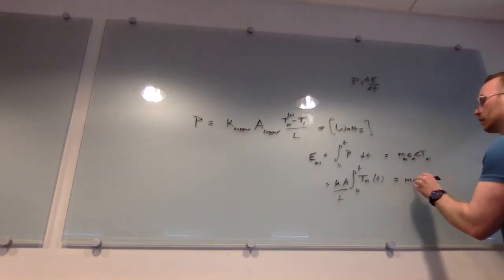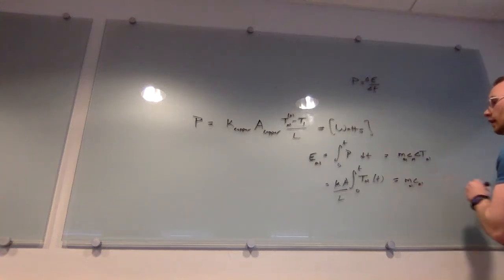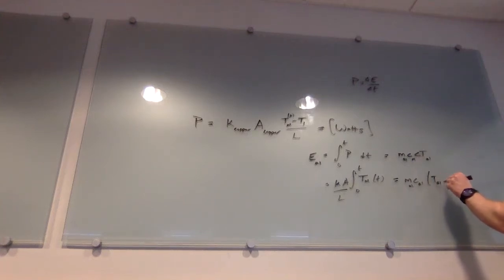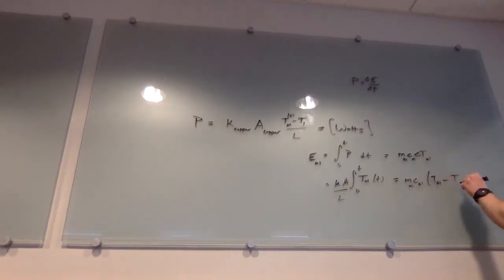Okay, Q equals MC delta T for the aluminum. And now delta T is going to be the cumulative temperature change from the beginning. So it's going to be T_AL minus T naught AL, which is just the original temperature of the aluminum. I'm not sure that we'll need to write all this out, but okay, and now